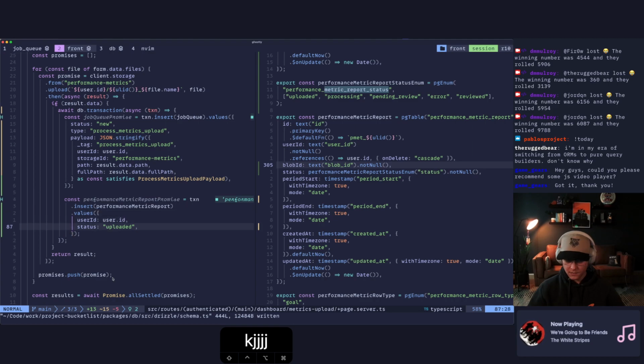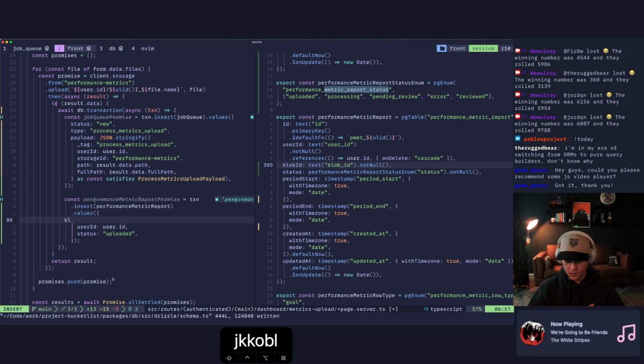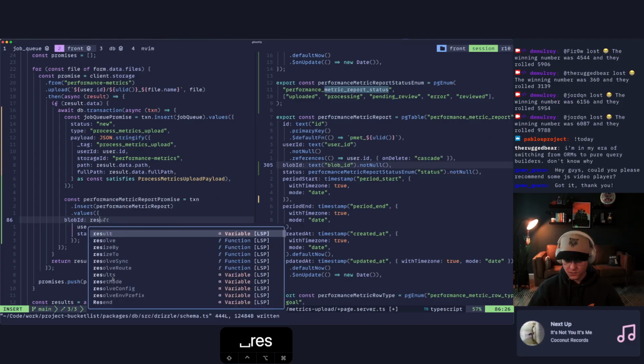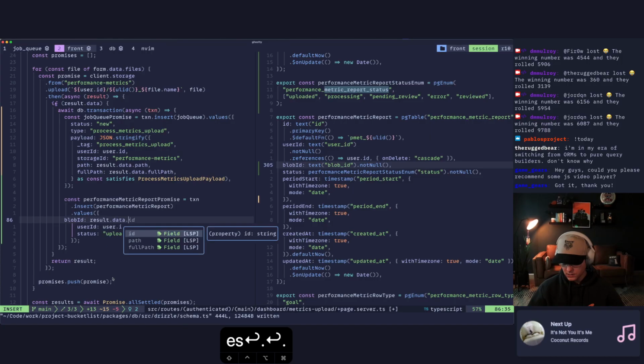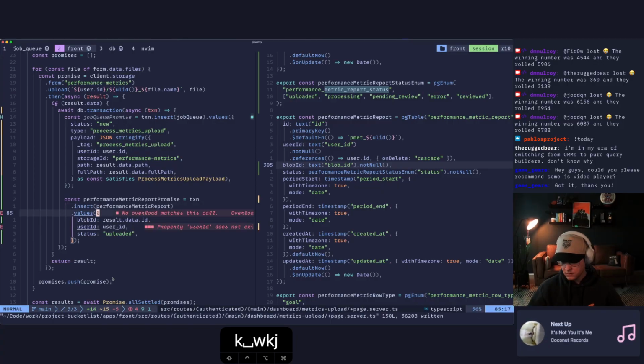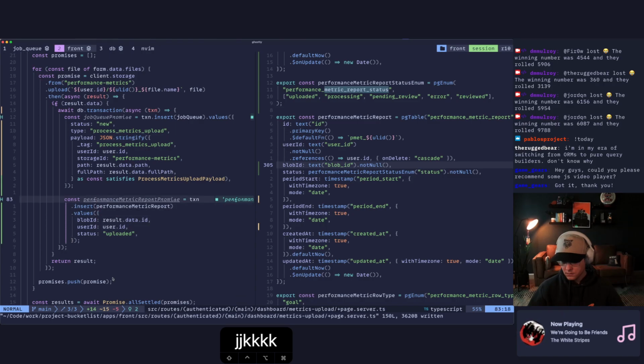And then that would have blob ID is going to be result dot data dot ID. And then we can do a